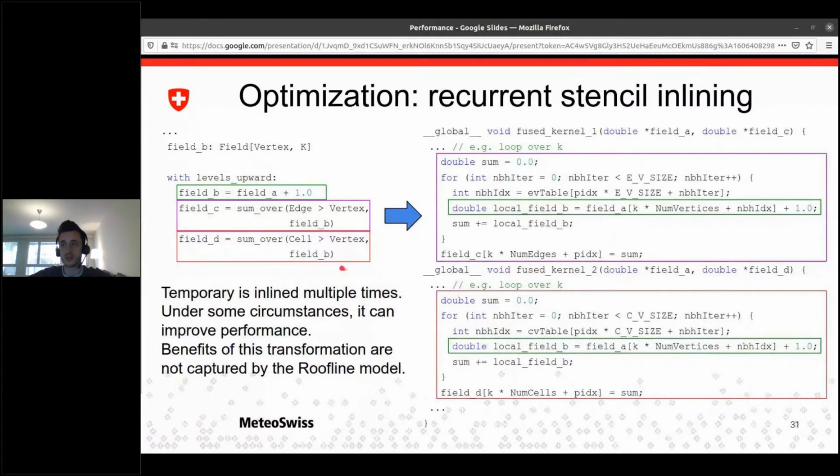So you have two reductions in this case on different iteration spaces. And keep in mind that this statement is on edges and this is on cells, so you cannot fuse them together. They must live on different kernels. And on both you consume field B. In the baseline translation, of course, you have three kernels, one computing field B and the other two consuming field B. So here you can think about inlining, but this will mean